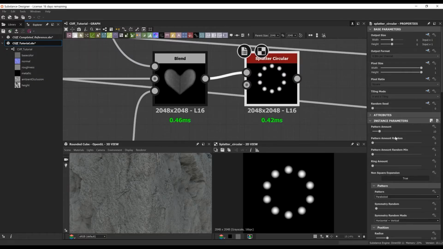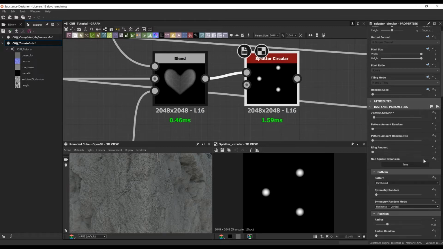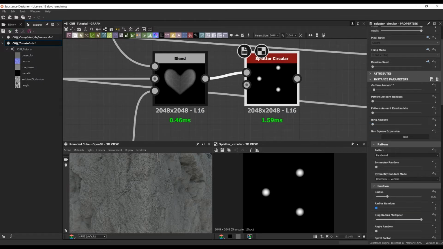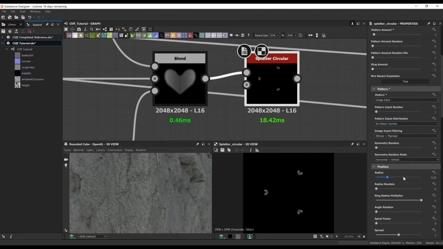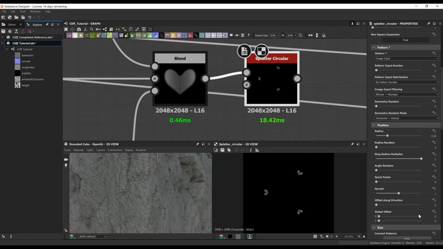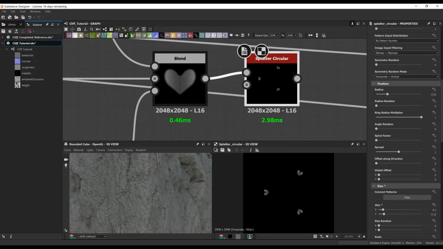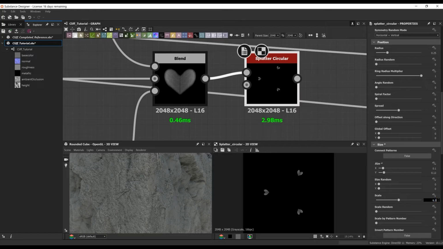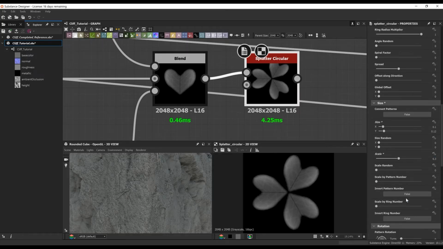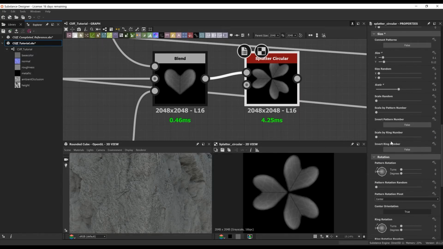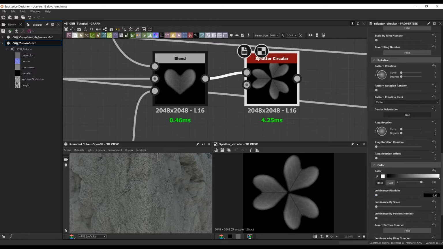And similar to what we did to get the actual cliff shape with the splatter circular, I just plugged in that clover shape. But instead of going crazy with the different parameters like we did with the cliff, this one's a little bit more simple. We just wanted to rotate 3 times, so this is me messing with some of these parameters to get a nice clover shape. Messing with the radius so they're closer together.